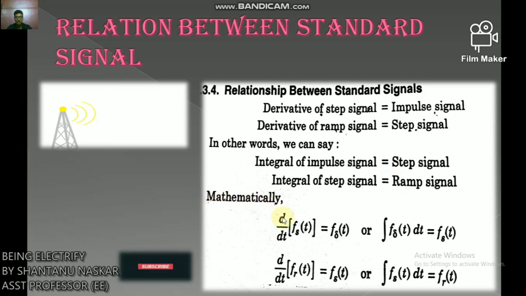So mathematically, the derivative of the step signal is the impulse signal, which I have discussed, the integral of the impulse signal is called the step signal, the derivative of the ramp signal is the step signal, and the integral of the step signal is the ramp signal. Okay,